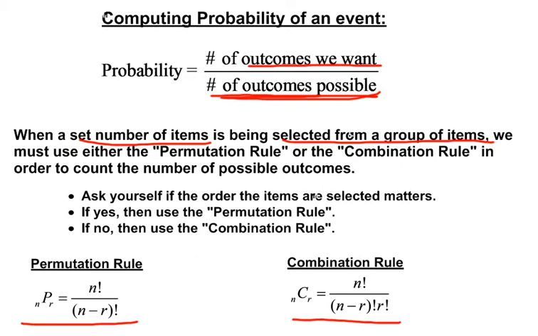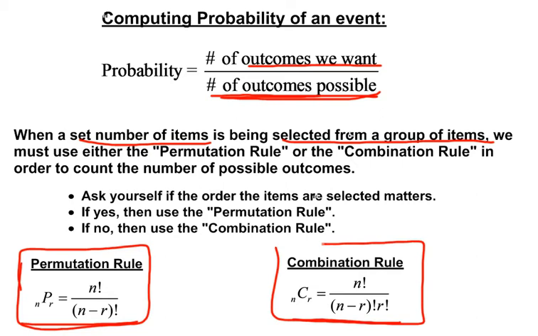We'll look at some examples where we're talking about that a little bit more, but if they're all going to be different from one another based on the order they're picked in, we would use the permutation rule. Now, the permutation rule is we take the total number of items that we have, we use the factorial of that value, and then we divide that by the factorial of that total number of items minus the amount that we're picking out. We'll look at some examples where we use that,